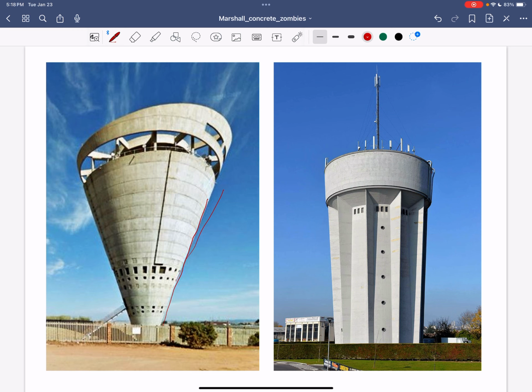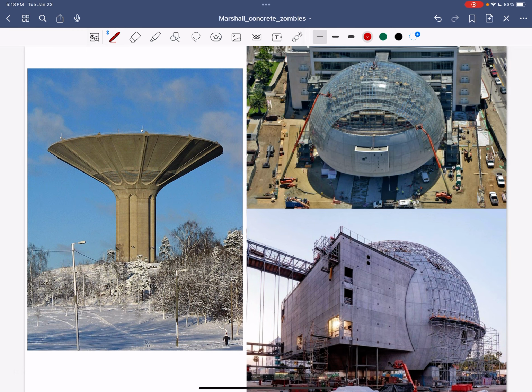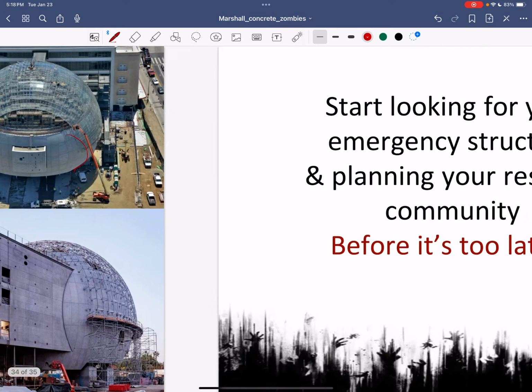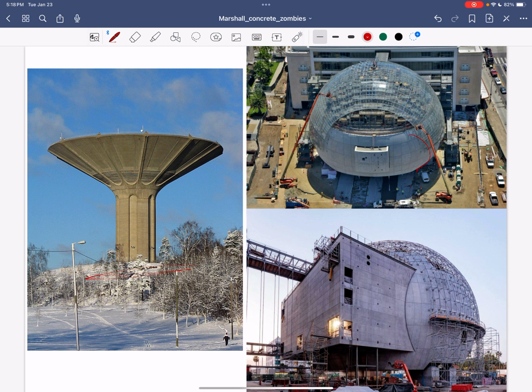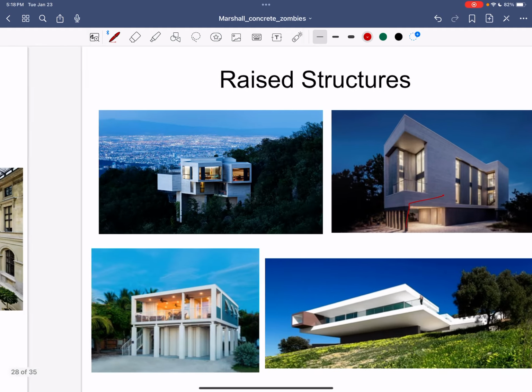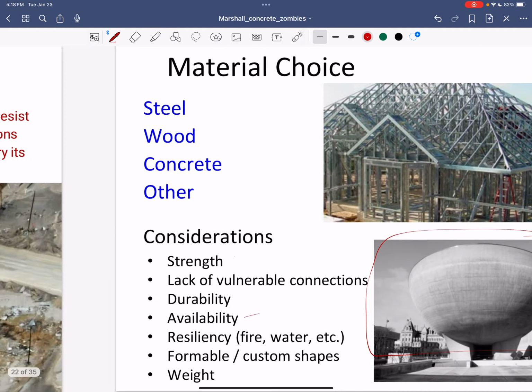This is another water tower. Here's a water tower, very effective. Here's a kind of dome concept. All right, so I personally think some of these water towers and domes, I like that structure in Albany, New York, to be honest, because it seems to be one that would be pretty tough. So that one where I started out back here, an existing structure. This is a music hall, actually. So they did this for acoustical reasons, but this one would be pretty hard to scale. And you can really lock it down.